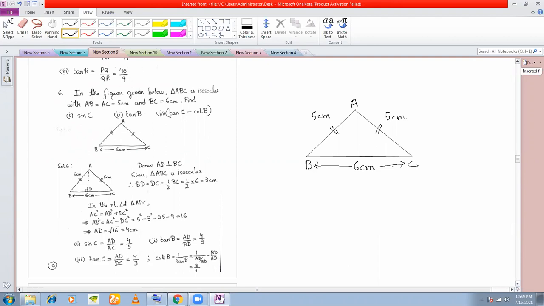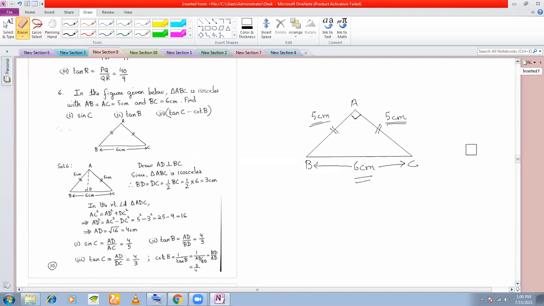Now if AB and AC are equal, which angle should we take as a right angle? Can anyone tell me? Should we take angle B as right angle? Should we take angle C as right angle? Or should we take angle A as right angle? Which one? Angle A. Why? Because you see here, the greatest side is 6 centimeters, right? And these two sides are equal. That means these two have to be the perpendicular and the base. And in between these two has to be the right angle, because this must be opposite to the hypotenuse. Clear with this?